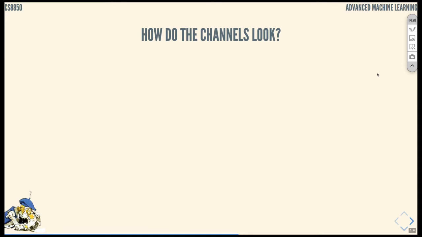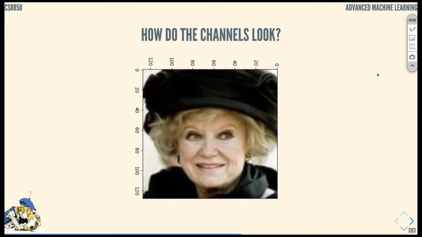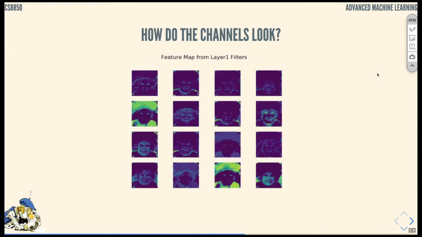So if our input image is this photograph of a person, a lady, and we have 14 neurons. Okay, that is important. Then how does the first layer look after those neurons have scanned through this image? Here's an example. This is layer 1. We have for each neuron,